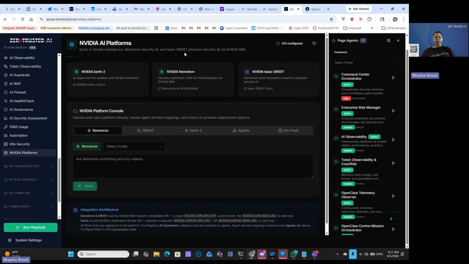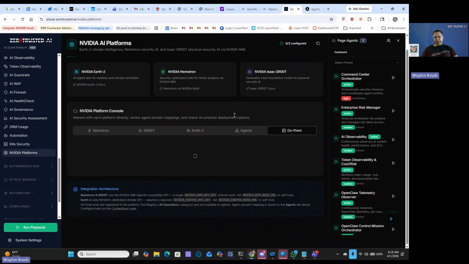I told you already before that you have NVIDIA built in. NVIDIA has a great open source platform. If you've used it, love it. And then it has a bunch of other base capabilities. And so anyway, this is where you'll do all the settings here. And if you have it installed on-prem, which you most likely will do, and I'm going to tell you why you want to do that,